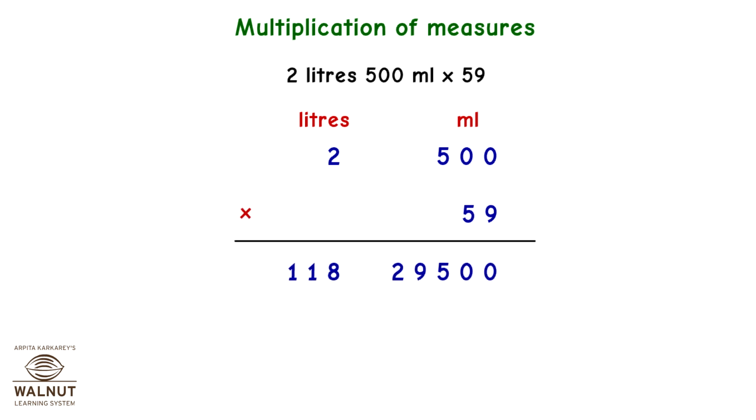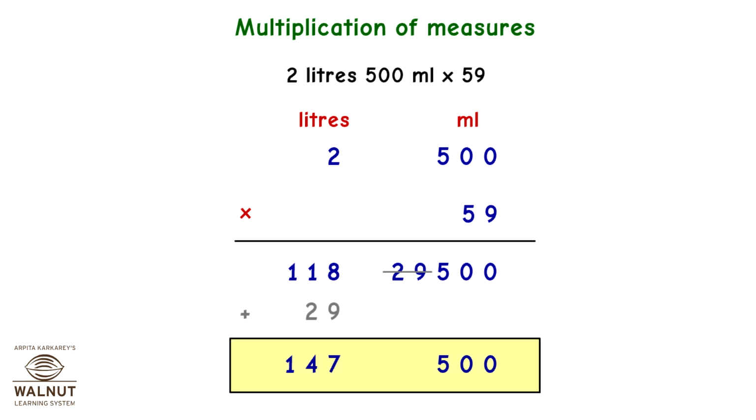Look at the unit under milliliters. We can see that we have to adjust it. We know that 1000 milliliters is equal to 1 liter. Here we have 29 liters which we can adjust to the rest of the liters and keep the remaining milliliters. Then we keep the remaining milliliters. We add up the liters and that is our answer.